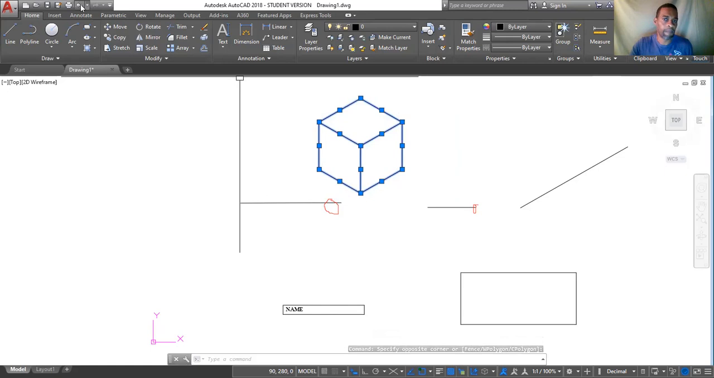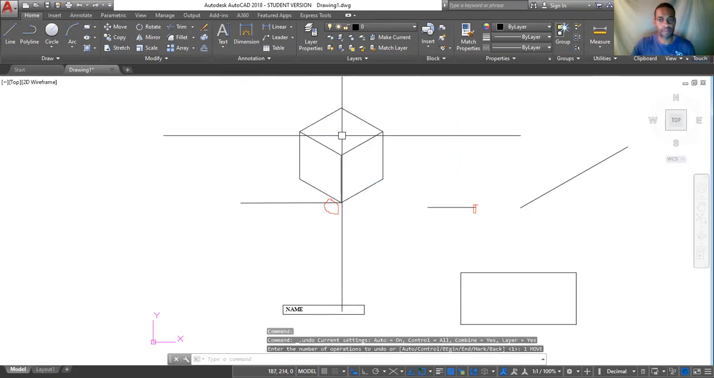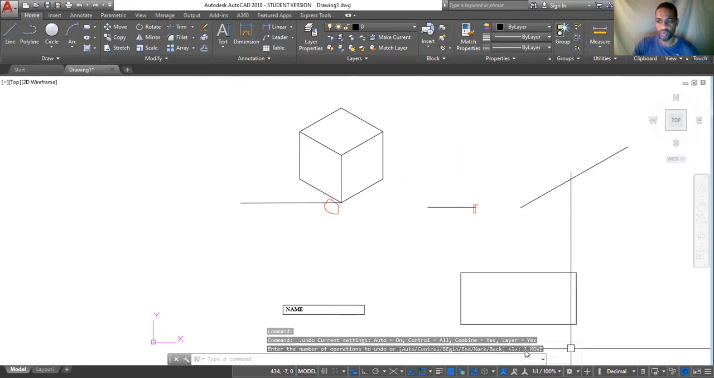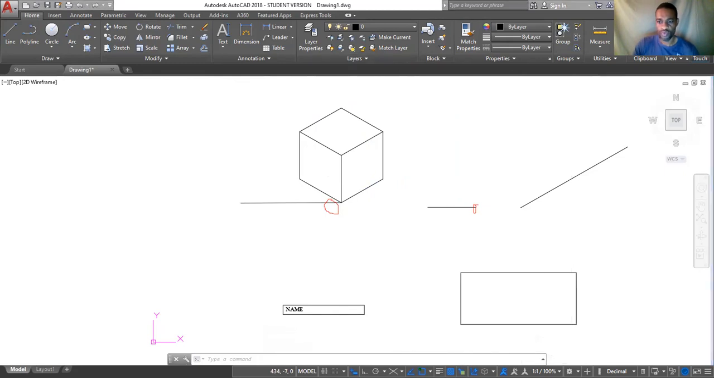Let's undo that. To undo, you simply click this button up here. You choose this icon here to undo. Can you see this icon up here to undo? That's our undo button. To redo, we click this button here. All right, very important. Now let's move on to